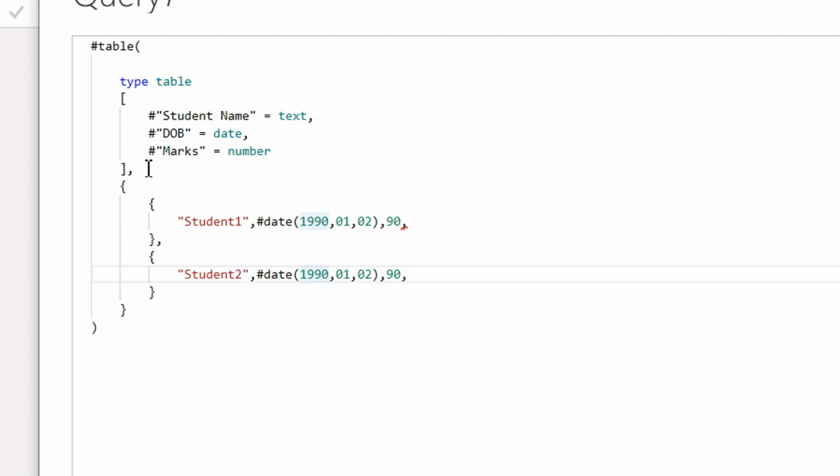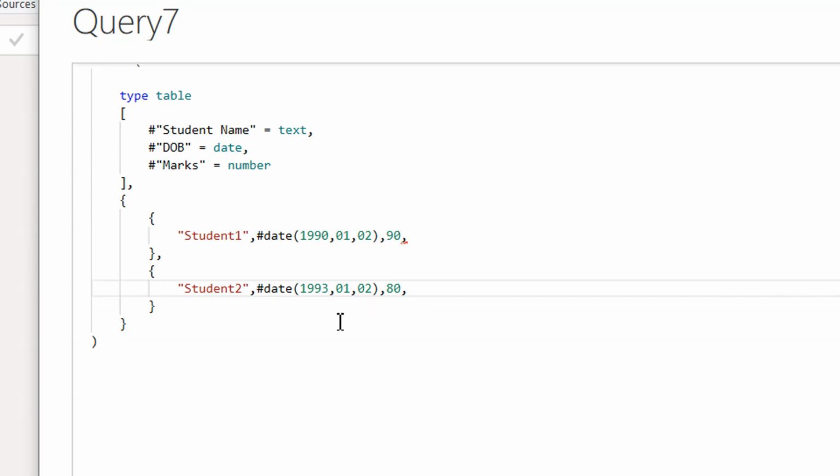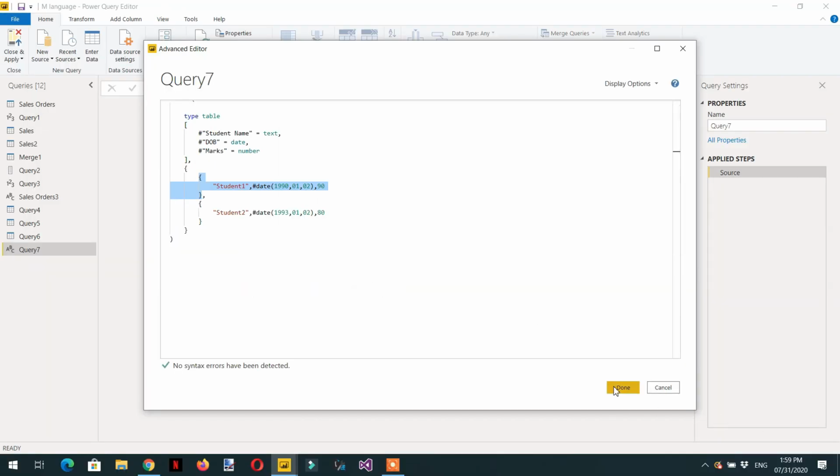So this is student 2, the date of birth is 93, and the marks are 80. So here you can see we are getting an indication of error. So we need to remove this comma, and we also need to remove this comma, because here it is the complete record. So that's all, and now we need to click done,